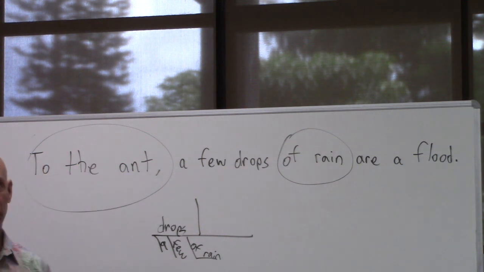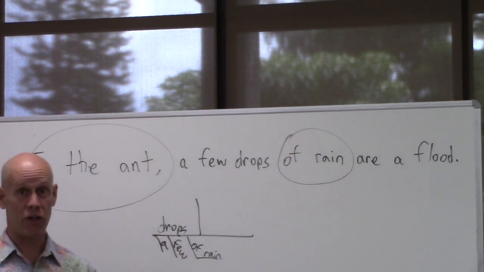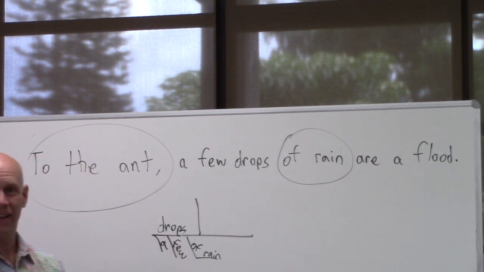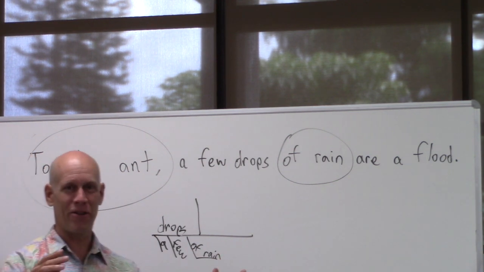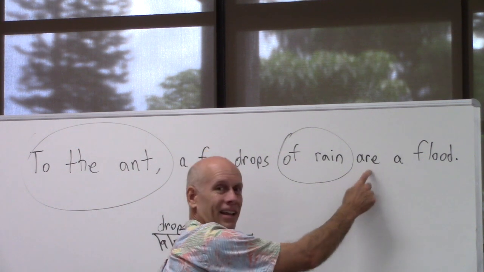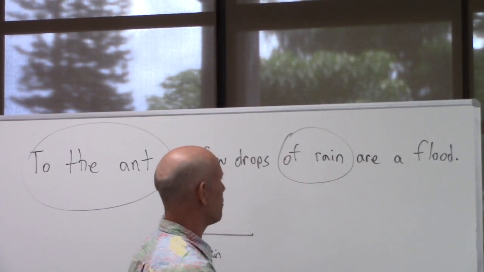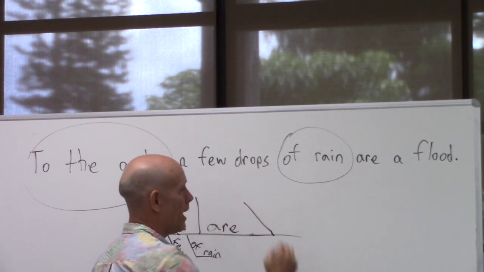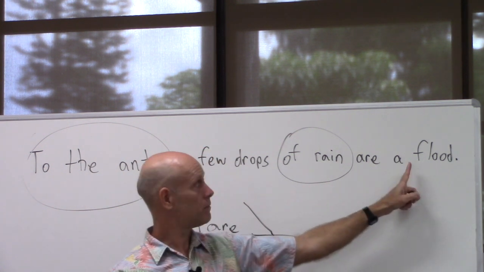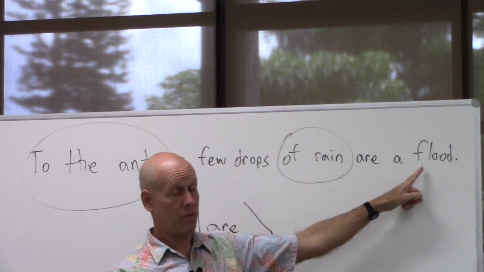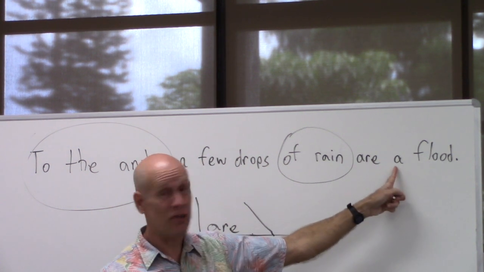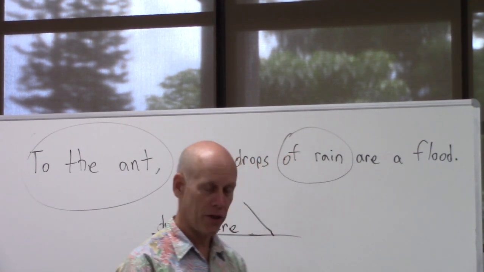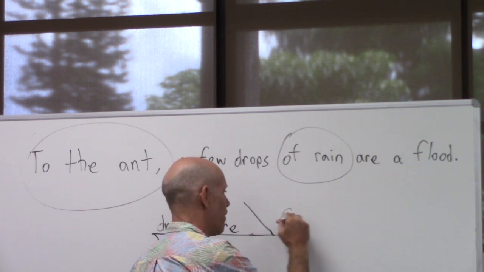All right, now the drops must be doing something, right? What's my first question? Is it a pattern 1, 2, or 3? Yes. Why is that? Because there's a be verb, so it must be a 1, 2, or 3. There's my verb. Now, is this a noun or an adjective? It's a noun. Right, why? There's a determiner. It can be made plural, and it's, of course, a flood is like a thing, if you want to start using your instincts. So that's your noun phrase 1.